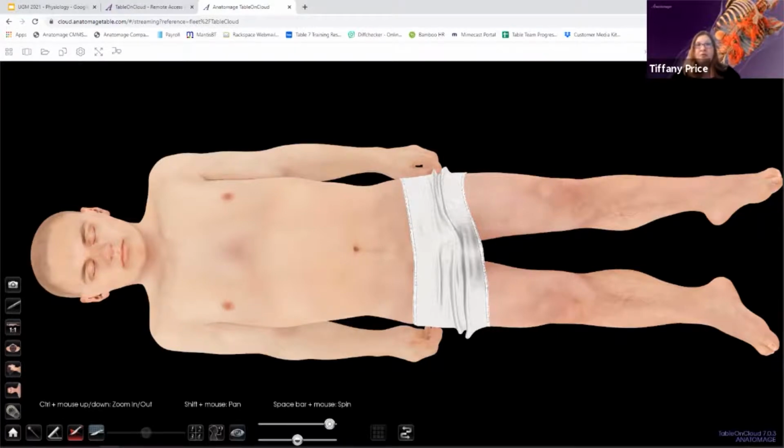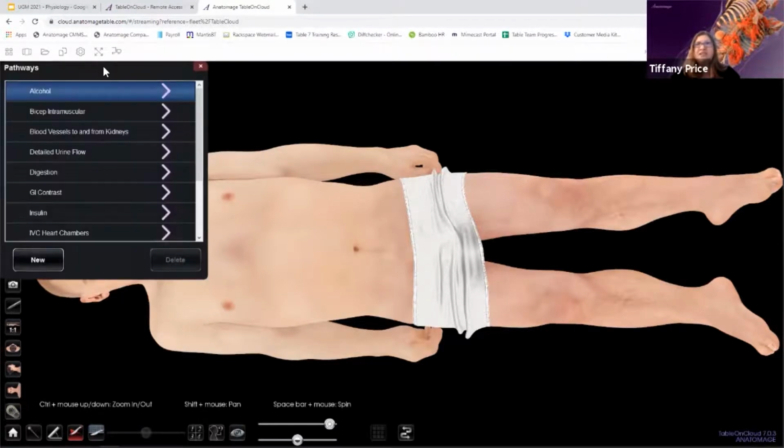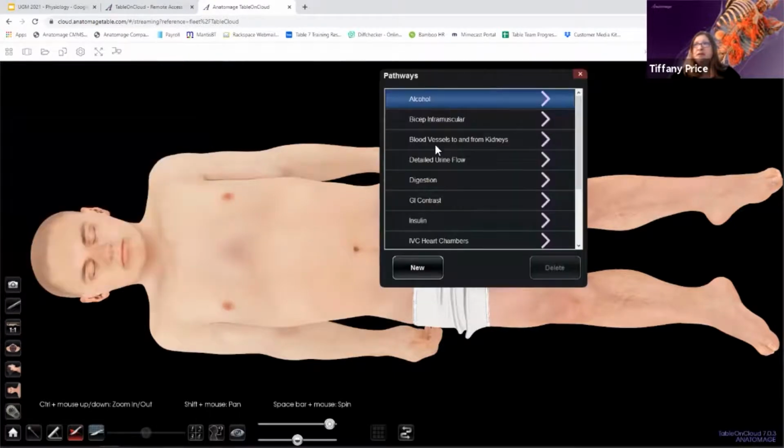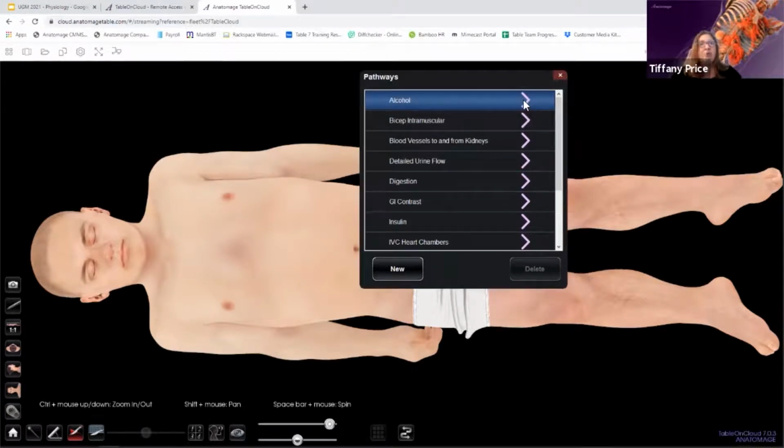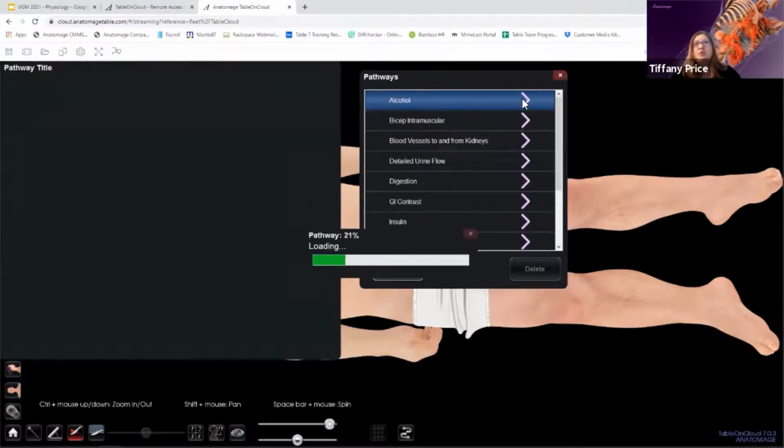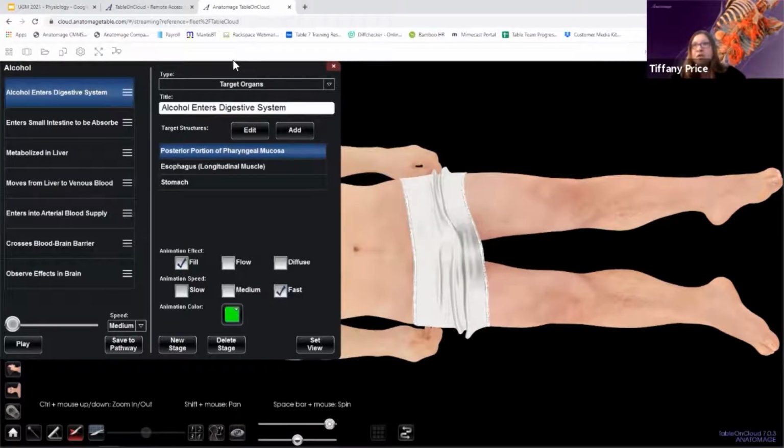So to load up a pathway, you're going to click on this little pathway icon down here at the bottom, and it's going to bring up that interface. And so what you'll see in here is a list of pre-made pathways that you can use. It's an alphabetical list, so that makes it easy to find things. So to load a pathway, you're going to click on that purple arrow. So we're going to click on the alcohol pathway so students can see what pathway alcohol takes when they consume it, which they shouldn't be doing, but they do. All right, so once I